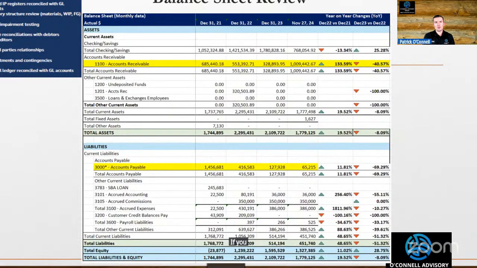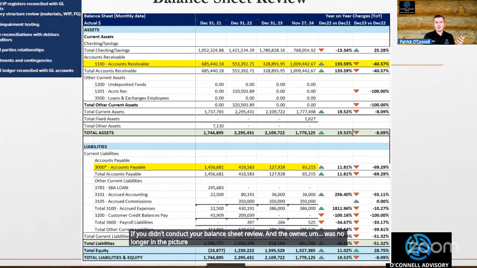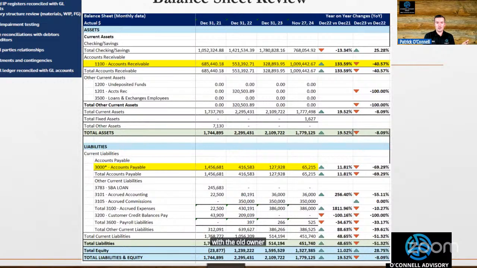If you didn't conduct your balance sheet review and the owner was no longer in the picture, you would have two choices to make. You could pursue it with the old owner